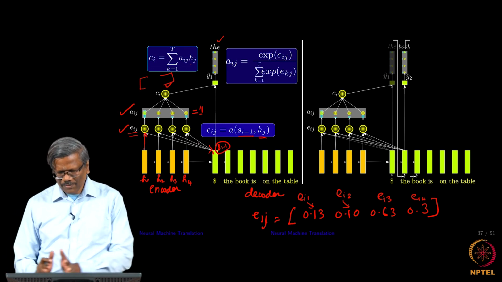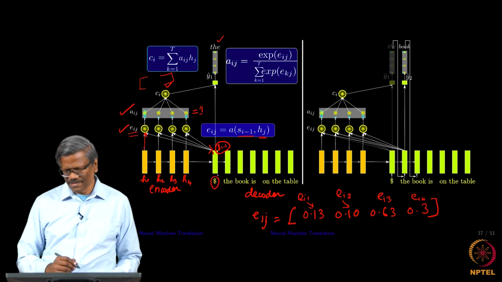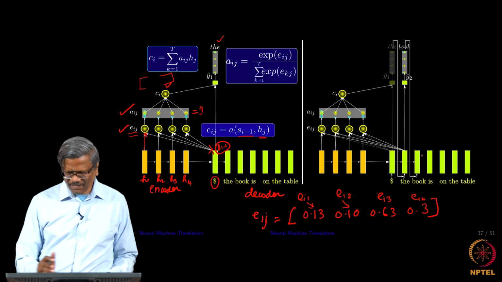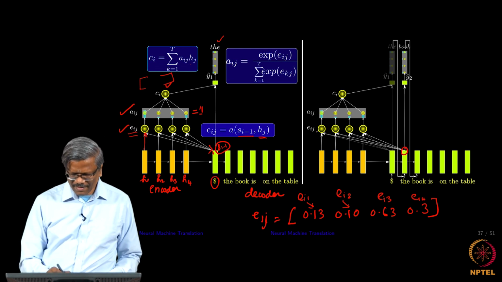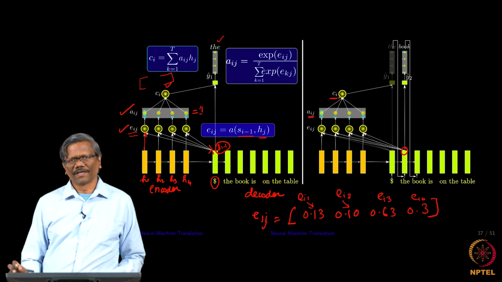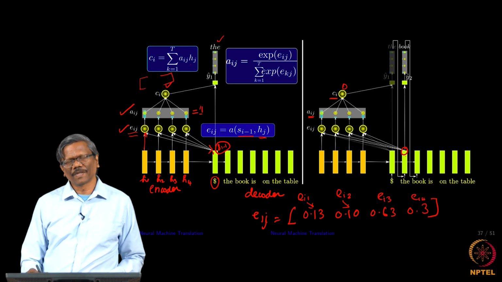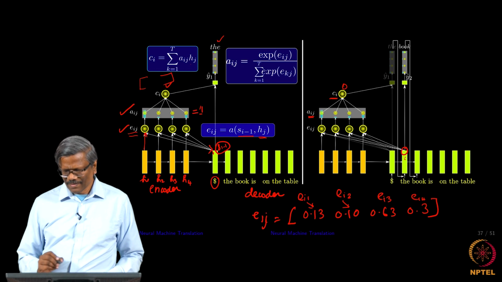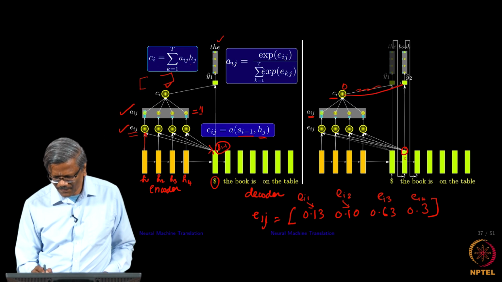So when we compute it in this form, how do you go to the next stage? Okay. We have done it for the first word, starting with the first word, and then for the second word we again do the same thing, taking this Si and then computing Eij and then computing Aij, creating a new context vector. So this context vector which you are creating is with respect to this, correct, and then use this to... it should be this, it should be this, it should be this.